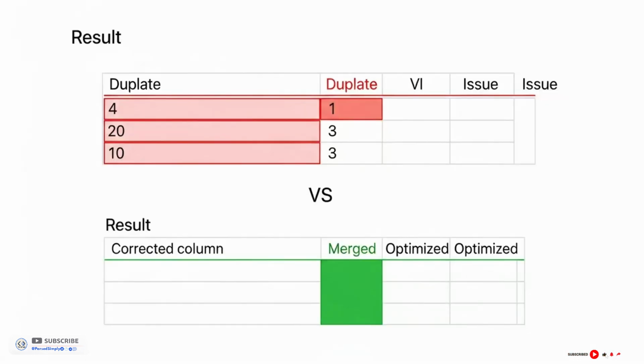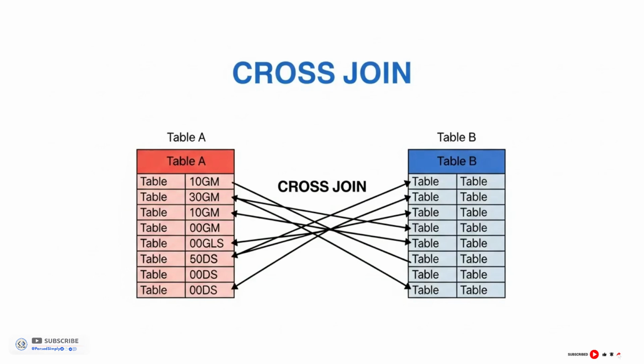A specific benefit of using is column deduplication. While a standard on join includes both source columns in the result set, using automatically merges them into a single column in the output. Moving to a different logic, the cross join, or Cartesian product, produces a result set where